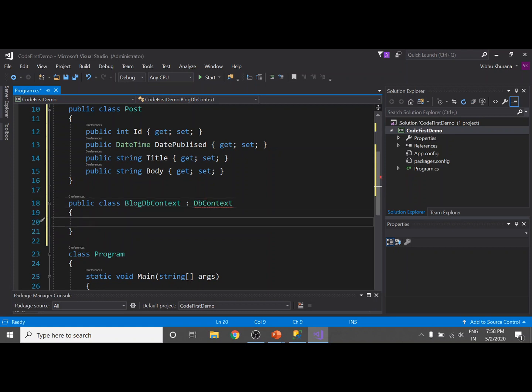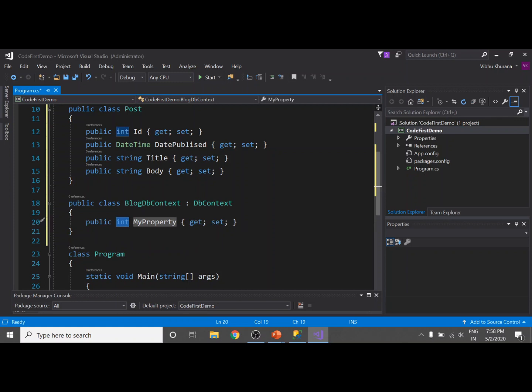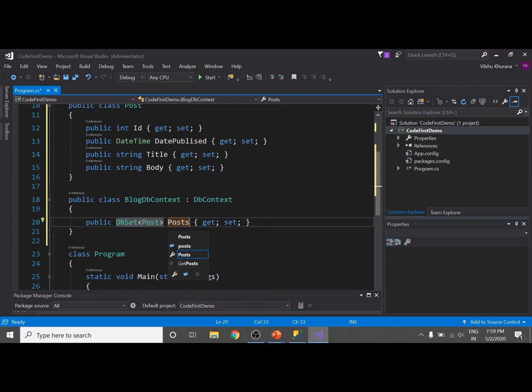Okay, add a property here of type DbSet. Basically, all we have to do here is to create a class that derives from DB context and exposes one or more DB sets. In this case, we are exposing DbSet of post.